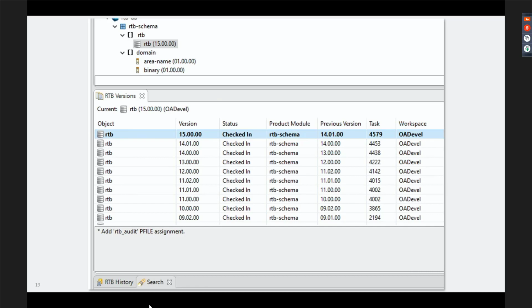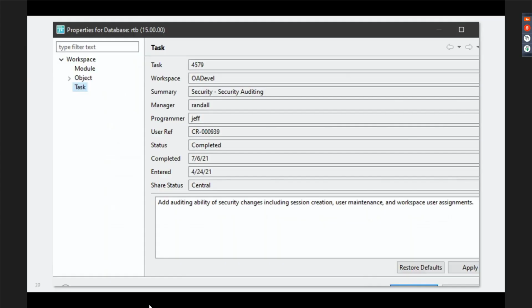So once again, we see he has a question about version 15 of the R2B database, and we see that we've added a table, R2B Audit, to this particular table. He wants to know why in the world that change was made. He can't figure it out. Luckily, Bobby Progress is using Roundtable, and well, let me jump back a screen.